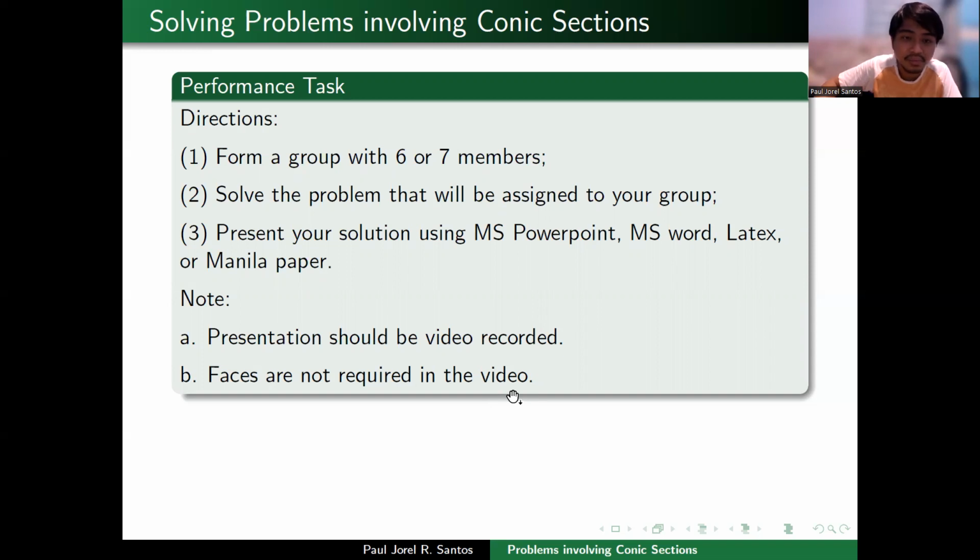Later, I will show you. And I will also send you a soft copy of this slide or of this PDF. Now, the third task is to present your solution using MS PowerPoint or MS Word or LaTeX or in a Manila paper. Now note that the presentation should be video recorded, and you will submit it to me through